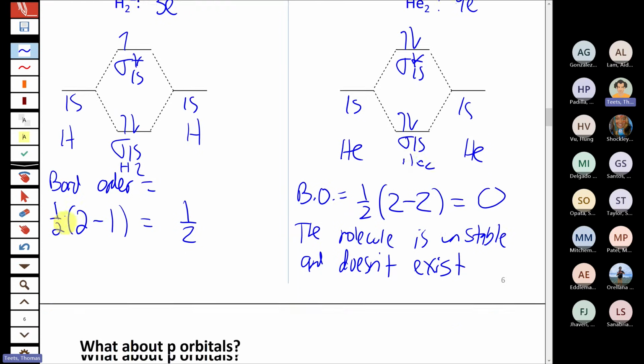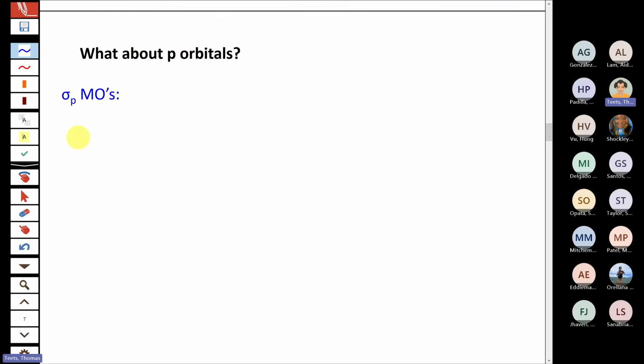All right, so if we move on to the p orbitals, the difference with p orbitals is that we now have 2 different types of molecular orbitals that can form. And one of those is also sigma. So what we're going to assume here is, this is the way that general chemistry books do it, even though later on in your life you might change this, that the bond axis, the direction of the bond, is the x direction.